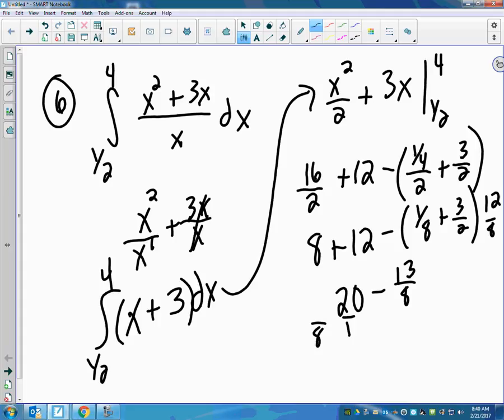20 times 8 would be. But why am I subtracting? I might have messed up a sign somewhere because it says 1. Oh no, that's right, 147. I thought it said 170 something. So 147 over 8. That's why I paused. I wasn't sure, like, that looks good, and you're like, times 8, and I was like, that's not hard. I was thinking that's not gonna give me 170, but I switched the 7 and the 4. And when I looked at the answer, I was like,